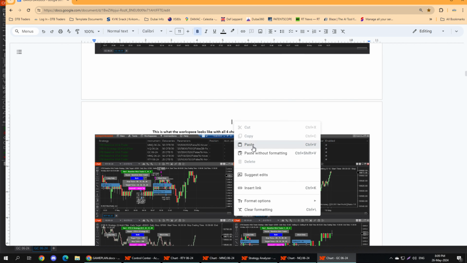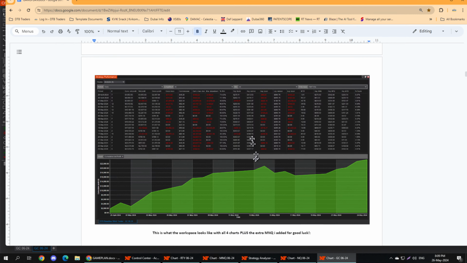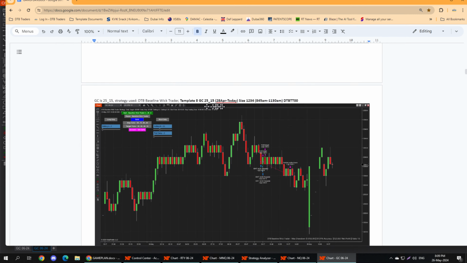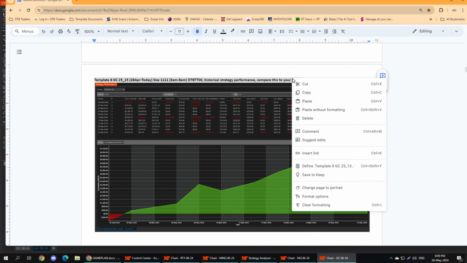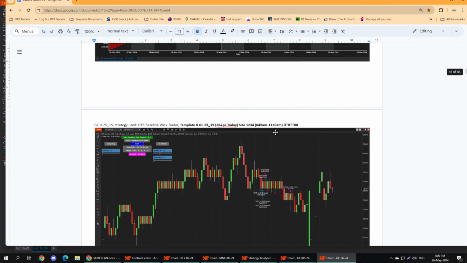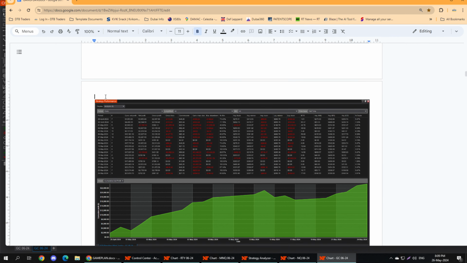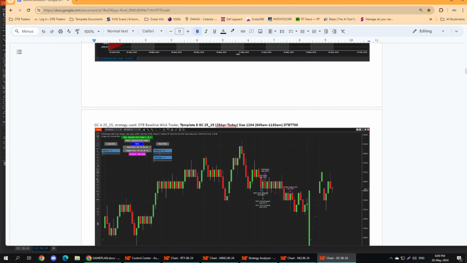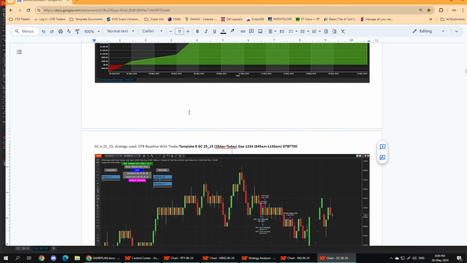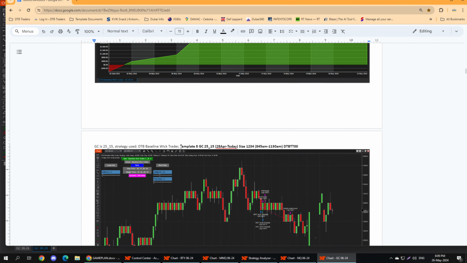So I'm going to do that, and then I'm going to copy the format of this. Okay, historical performance. I'm going to copy the format of this and put this on the results that I just popped over there, but using the right template name. Oh, come on. Okay, so template